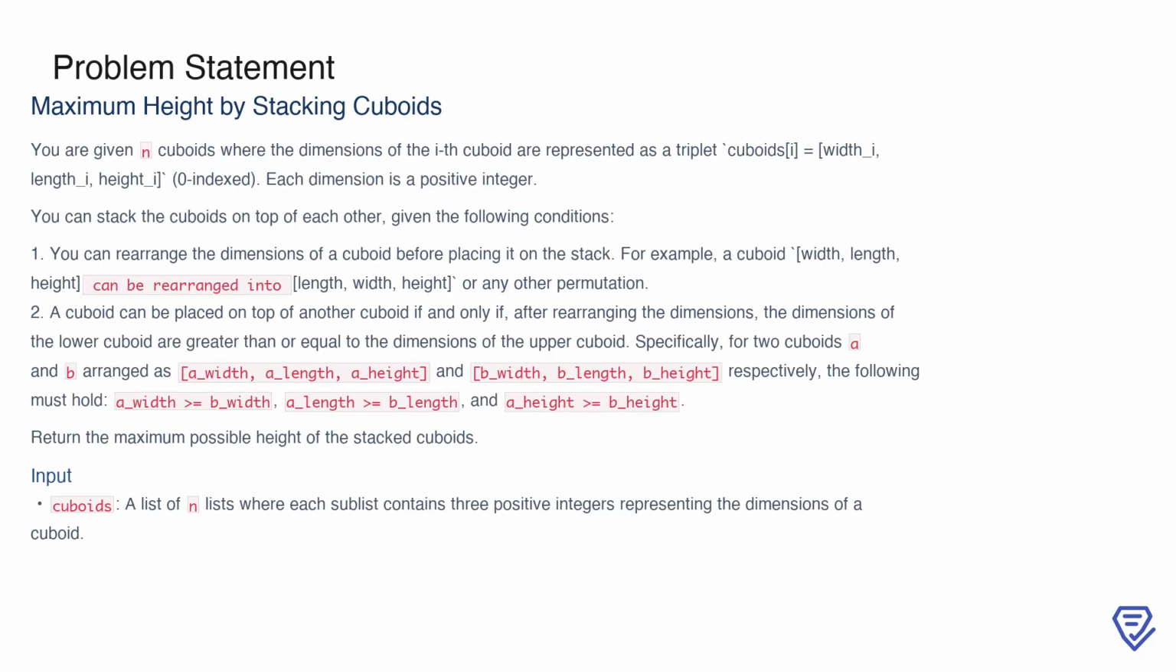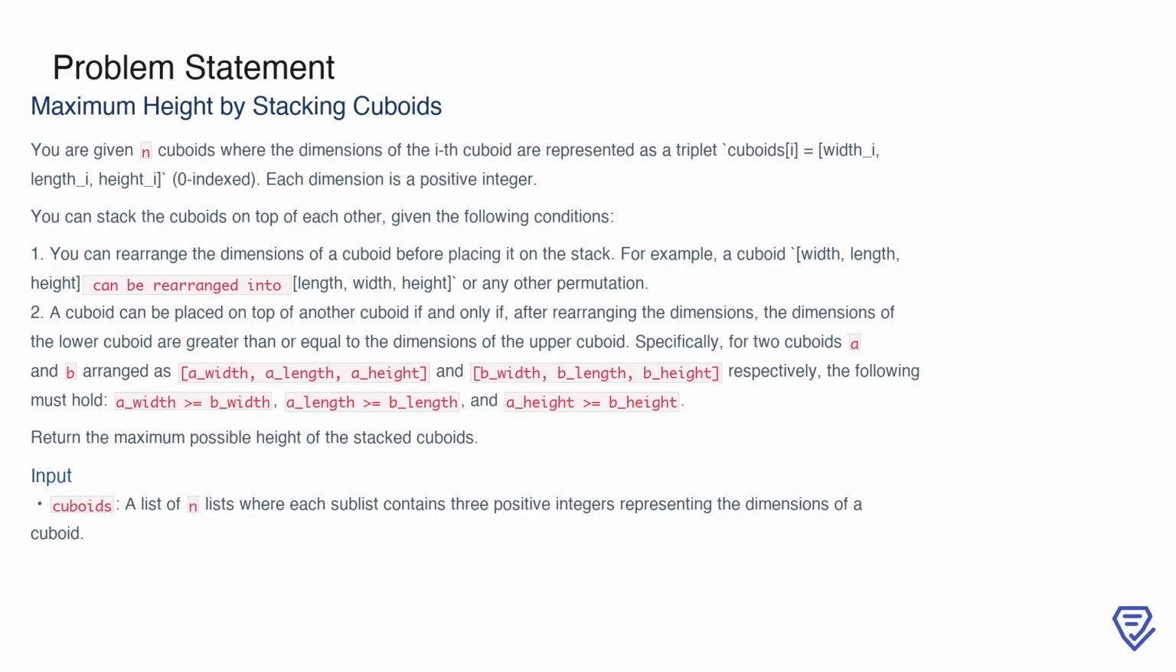In this problem, we are tasked with determining the maximum height achievable by stacking a given set of cuboids. Each cuboid is represented as a triplet of dimensions: width, length, and height. These dimensions are always positive integers. Now, before stacking, you are allowed to rearrange the dimensions of each cuboid in any order. For example, a cuboid with dimensions width, length, height can be rearranged into length, width, height, or any other permutation